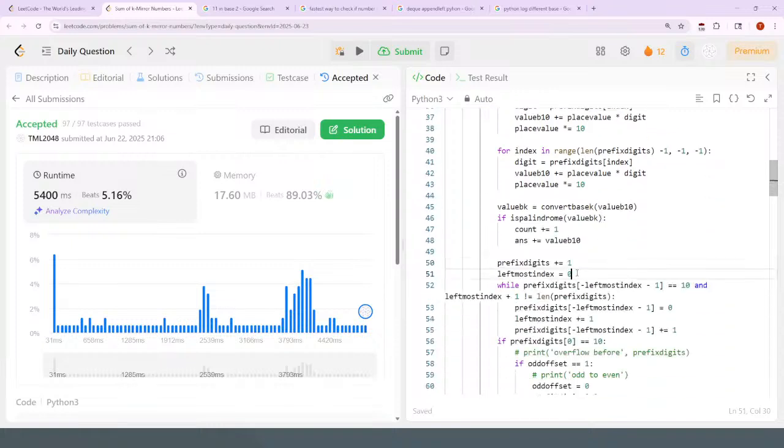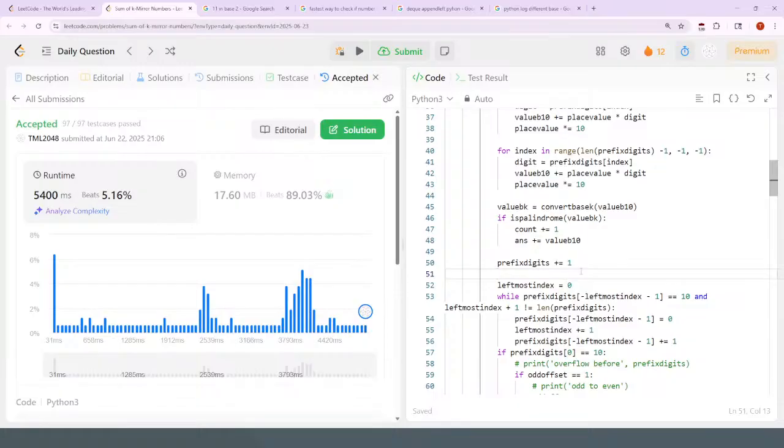And then I can just say if this is now a power of 10,